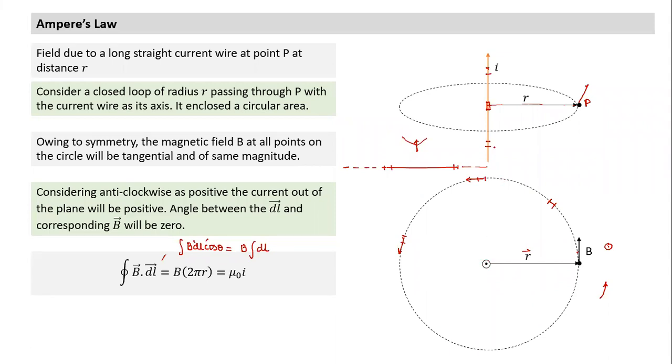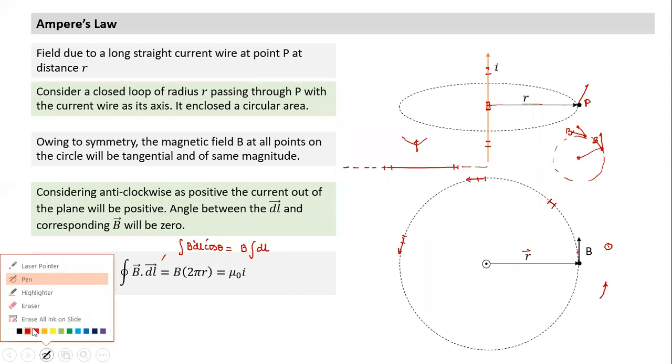Yes, sir. If something has cylindrical symmetry, the properties at all points are the same: whatever magnitude you have at one point on the surface of the cylinder, the other point will also have something similar. So if it makes an angle theta here, here also it has to make an angle theta. If it is tangential here, here also it has to be tangential. And if the magnitude is B here, here also it has to be B. That's an implication of symmetry.